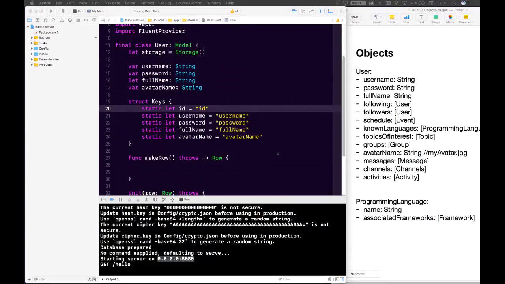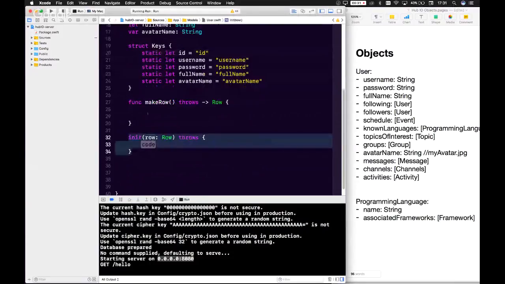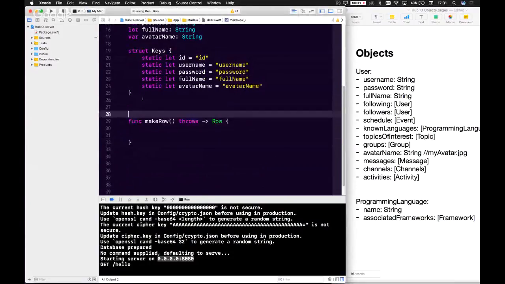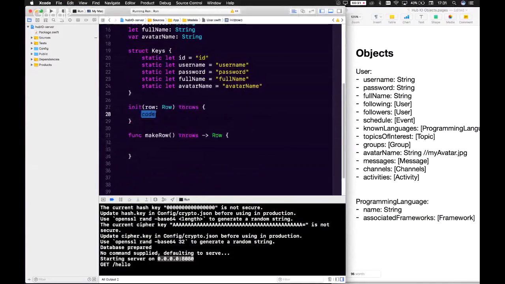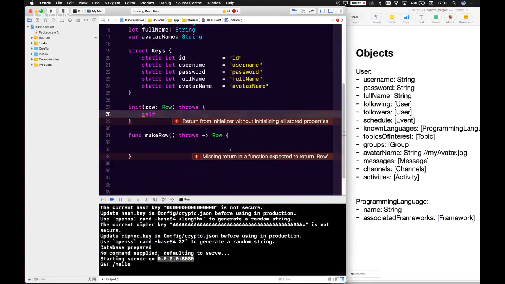All right. So usually I like to have my initializers a little bit higher than the functionality after. So we're going to start off with this initializer. And all we're going to do is just say self. Actually, I like to line these up too, make them look all nice and sexy. All right, so what we're going to do is say self.fullName